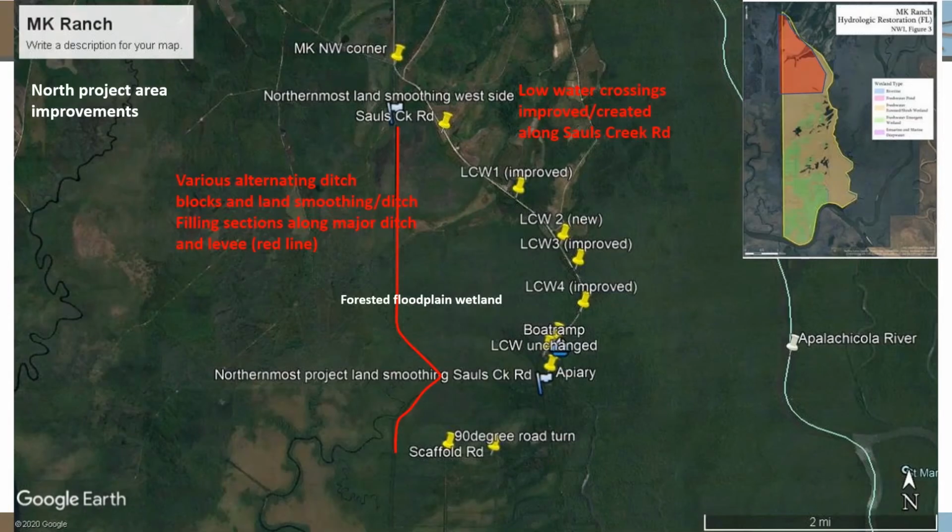So what I did is try to project this into Google Earth, so I could get a better understanding of what it is we're going to be up to. We'll start at the north end of the property. On the right side, we're going to be improving or creating low water crossings within Salts Creek Road. Then I created a red line there, which follows one of the main ditches that runs